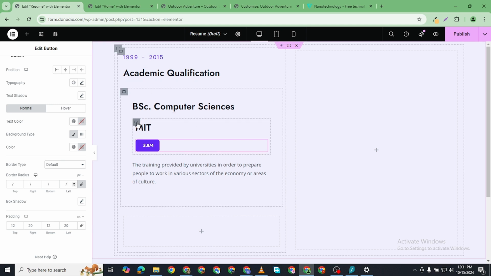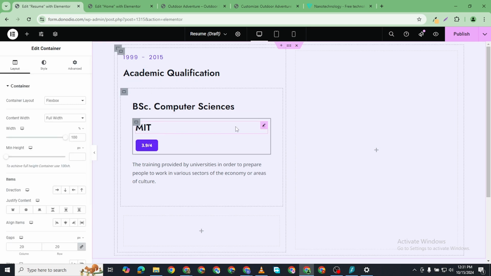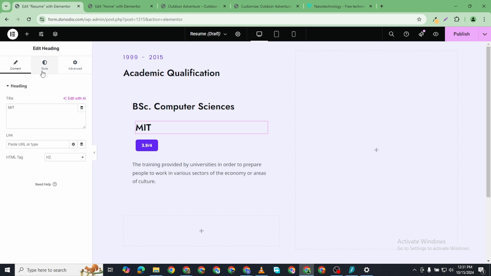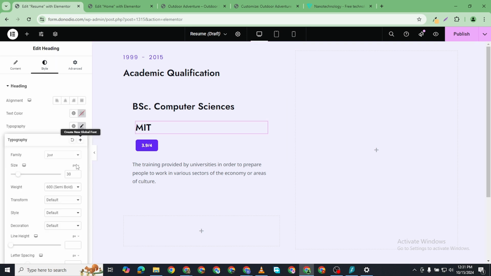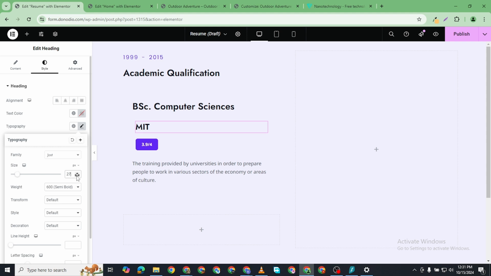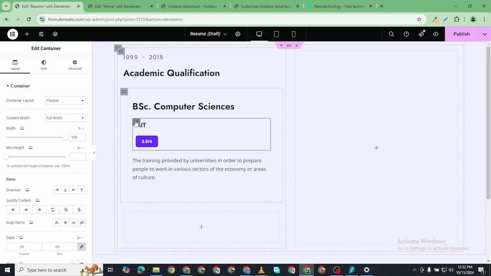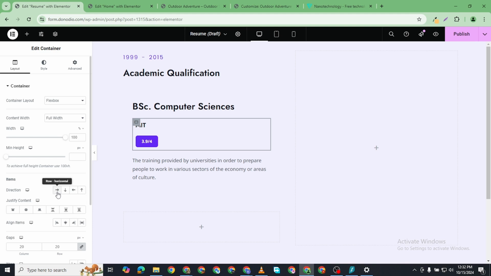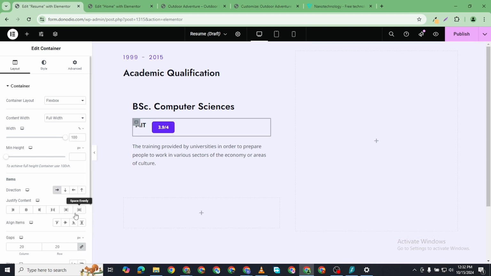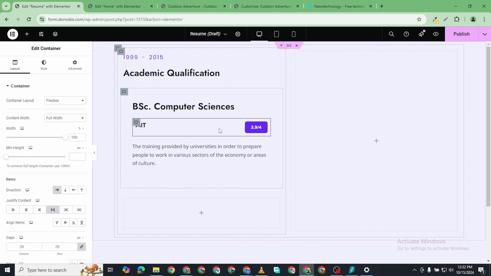And what I want to do is make both of these be on the same line. But before then, let me change this. Let's see, I'll change this to 20. Then both of these should now be on the same line. I'll click on this box, align them horizontally, and each of them should be at the end of the spectrum. And for this text,